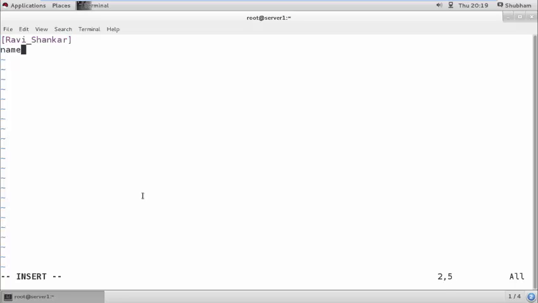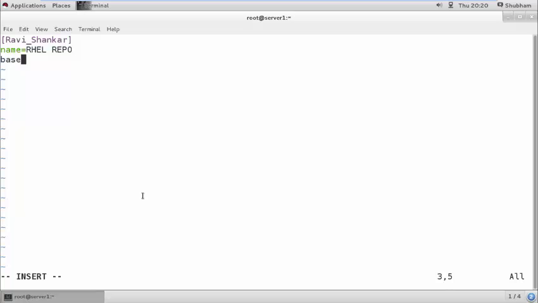Then if you wish, you can supply a nice name here. I'm writing here repo server, or if you wish, you can supply any. This is not a mandatory field, but I'm writing a real repo,